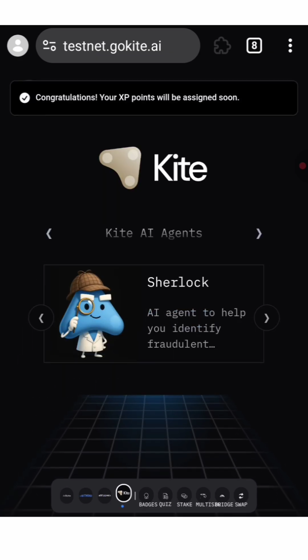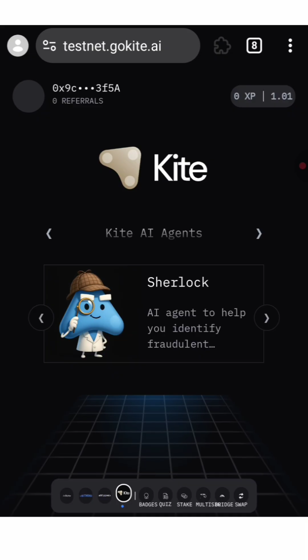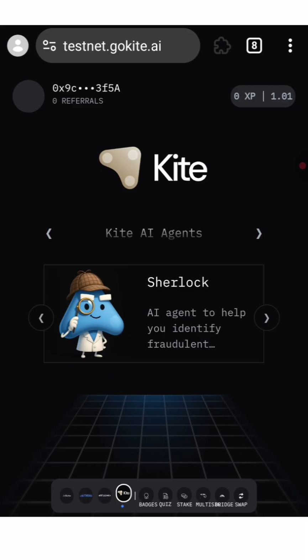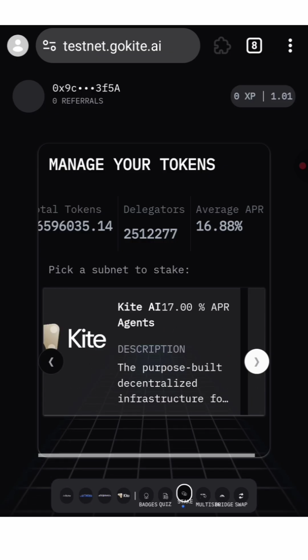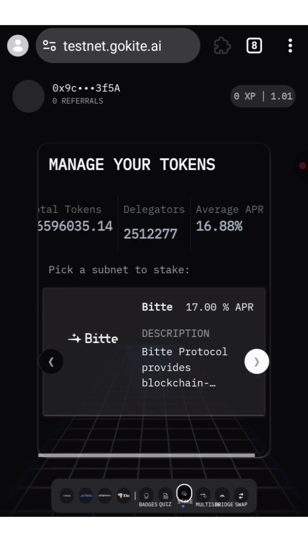Now if we go back here, let's talk about the next section, stake. So click on it, and as you see, there are many options. You can choose any one of them. Let's use this one for example. So click on it,